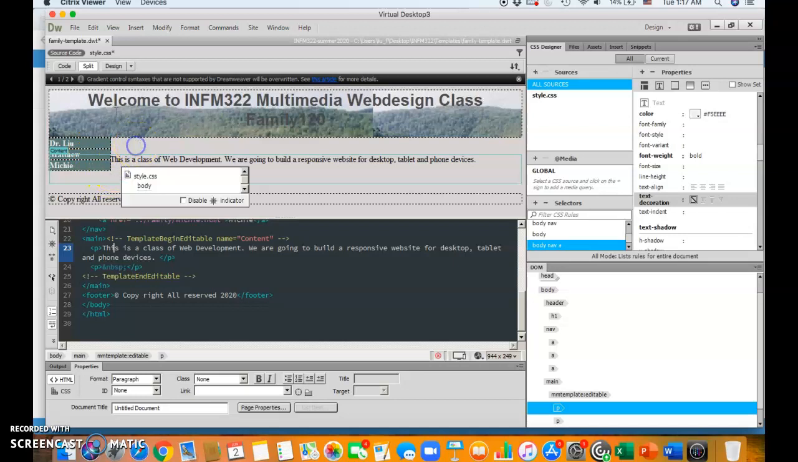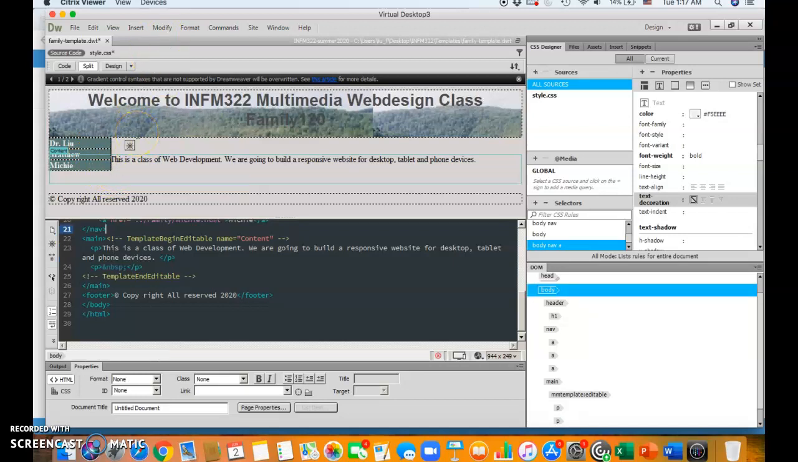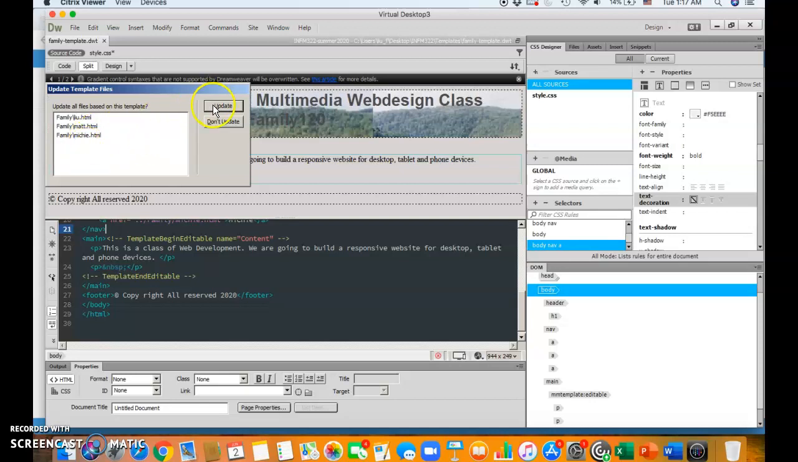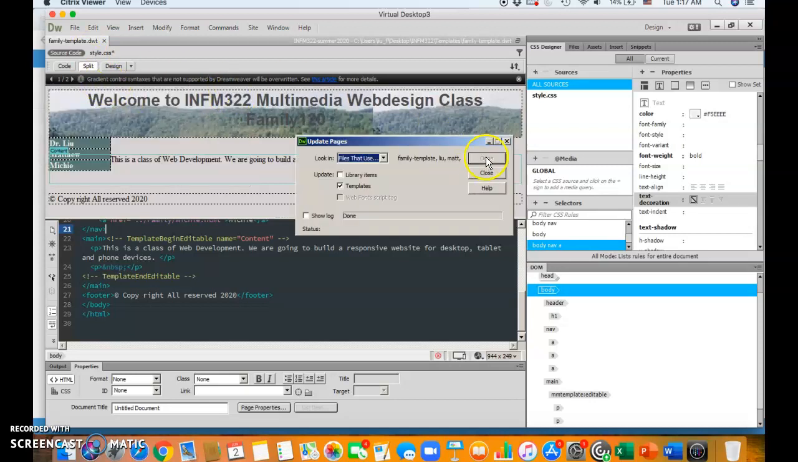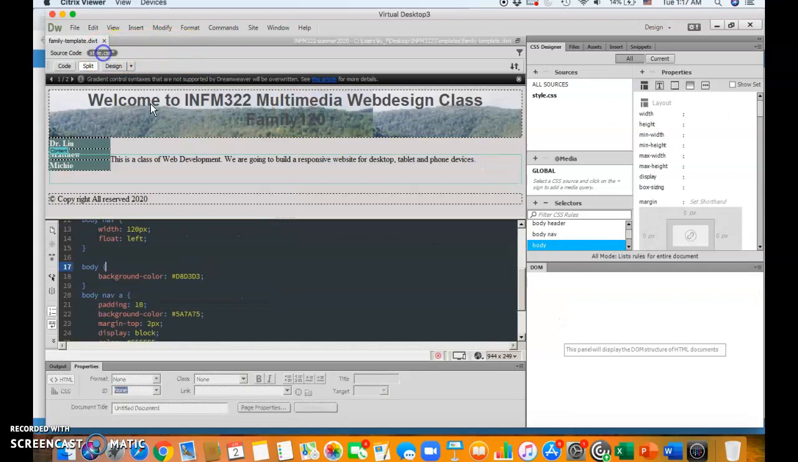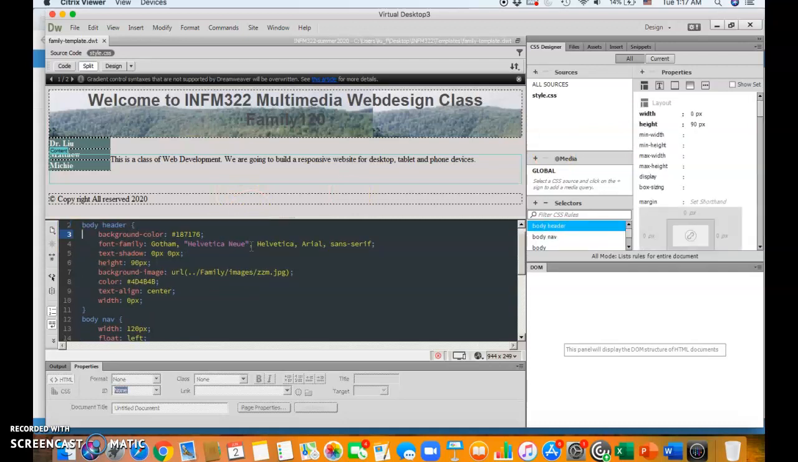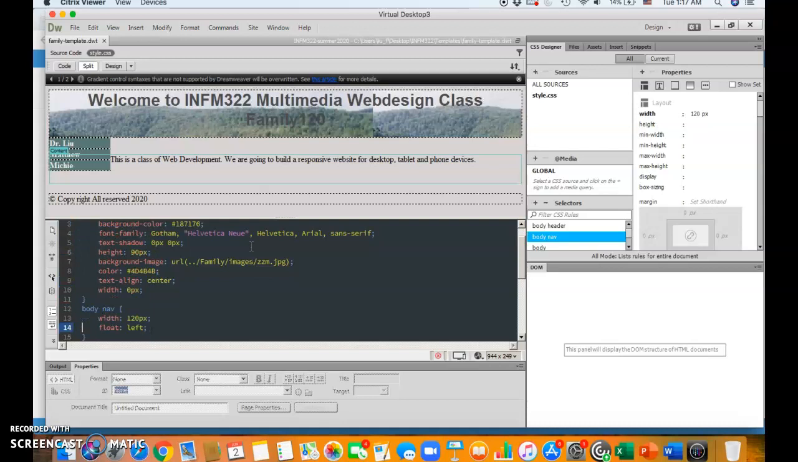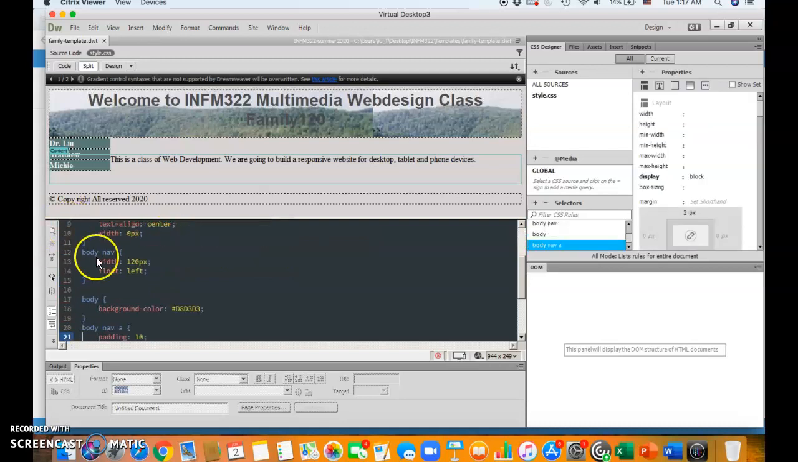So as you can see, let's see, save this, update, close, okay. And the style needs to save. As we add each of the style sheets, it is actually writing the code for us. Okay, for header, for navigation. So for example, we set up the navigation, the width and this float left, and